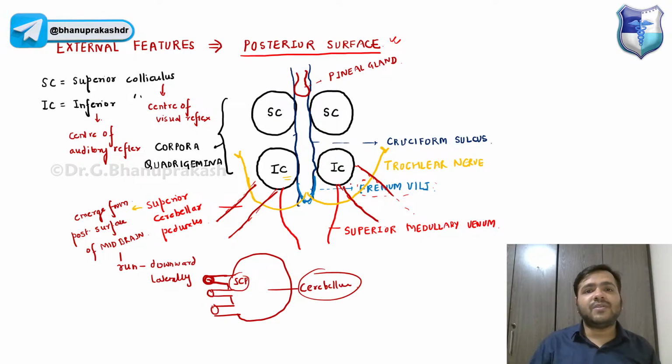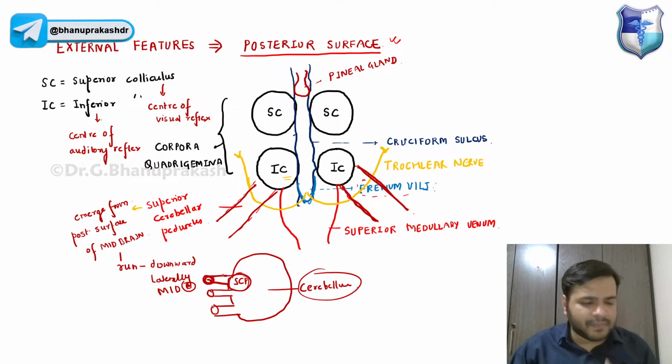So this is something which is connecting the midbrain. Now what is outside of it? To connect the midbrain to the cerebellum, we have a peduncle that is called the superior cerebellar peduncle. That is the superior cerebellar peduncle. Now,